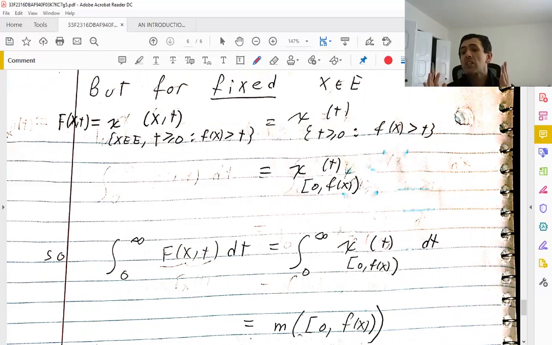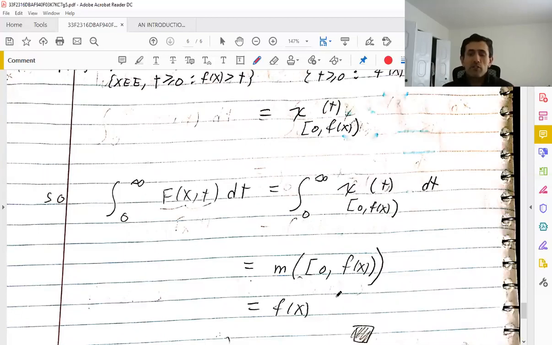For fixed x, f of x is something, well, it's something non-negative. The length of this interval from 0 to f of x, whatever f of x is, is f of x. That's it. It's f of x minus 0. Okay? So basically what this does is, I'm actually curious how the sound came out from that little drum roll,